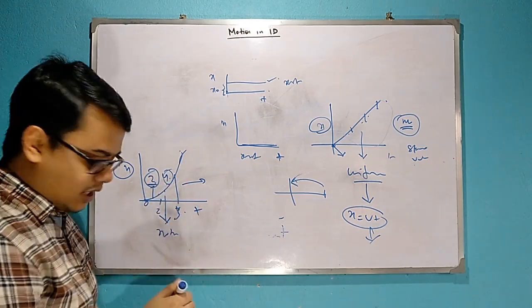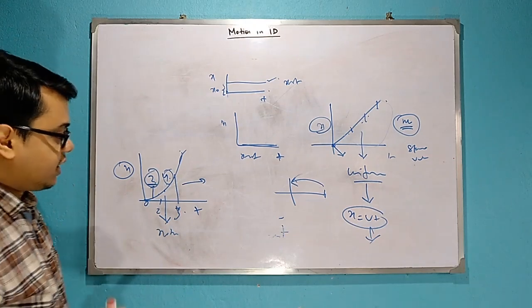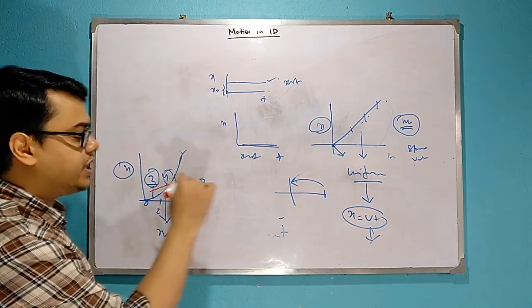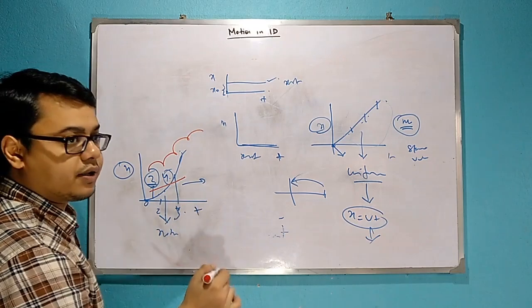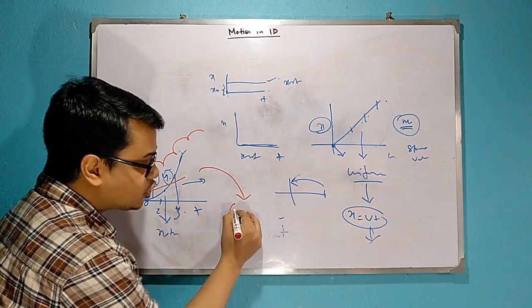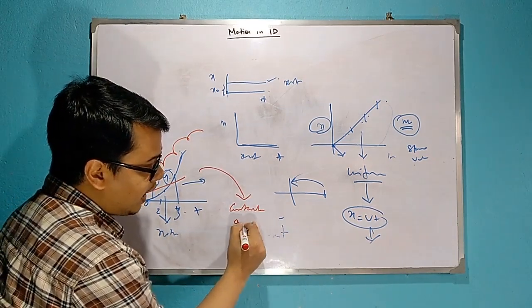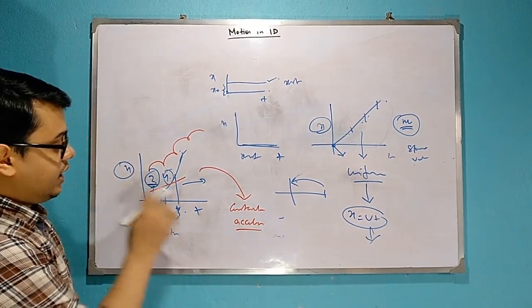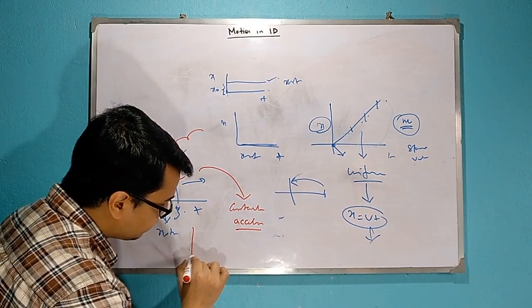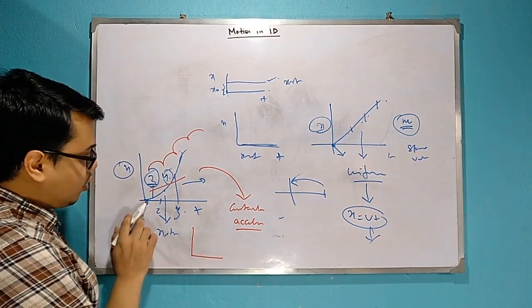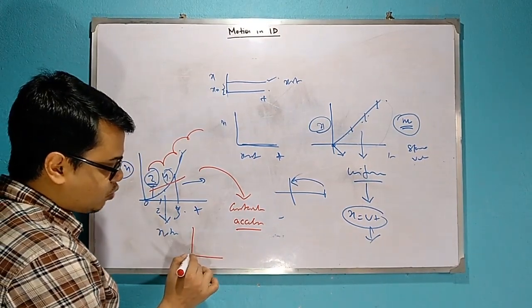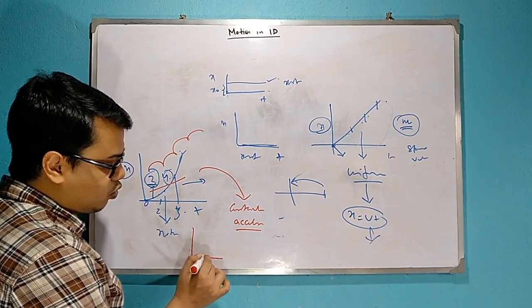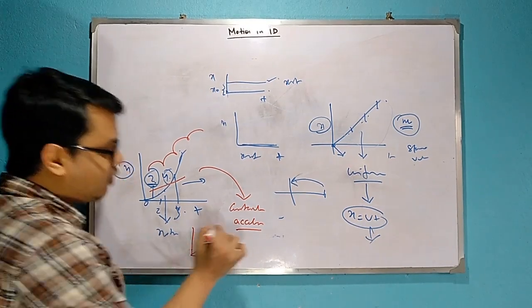But in the last class I told you one thing. The rate of change of velocity is the same, that means 2, 4, 6. That means it is in constant acceleration. That means it is an x-t graph. So its v-t graph will be what? From time 0 to 1 its v was this, and from 1 to 2 this. So the v-t graph will form a straight line.